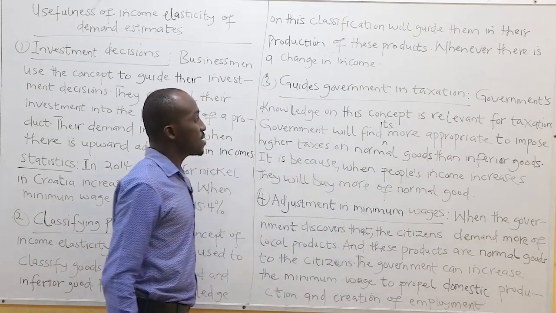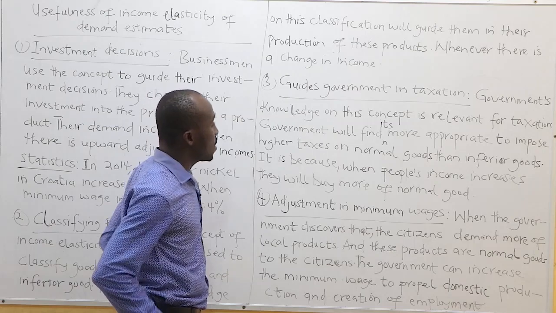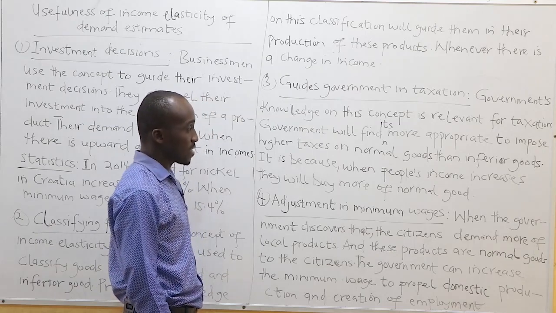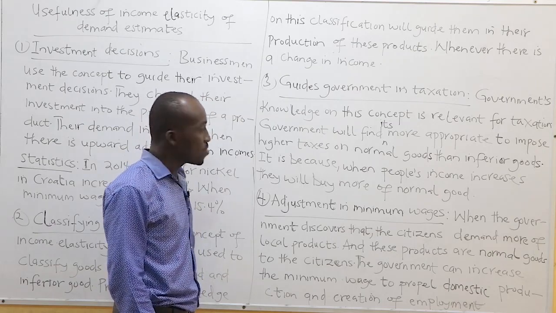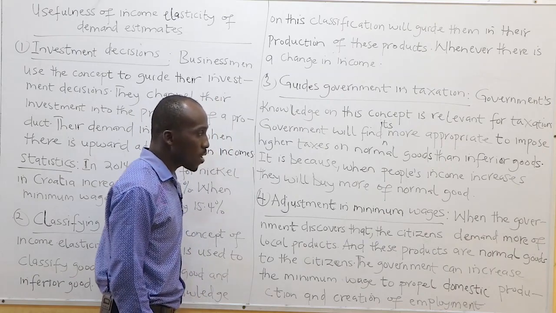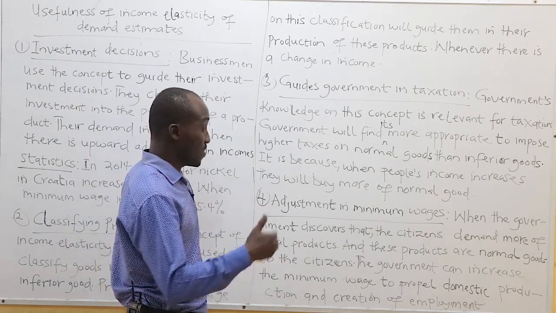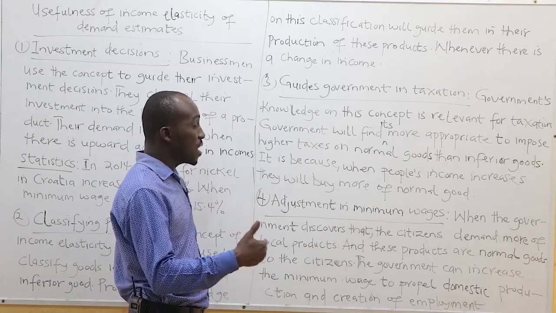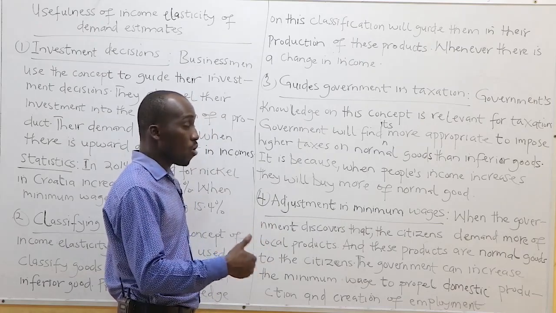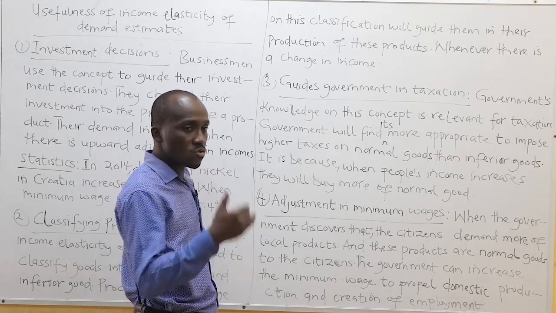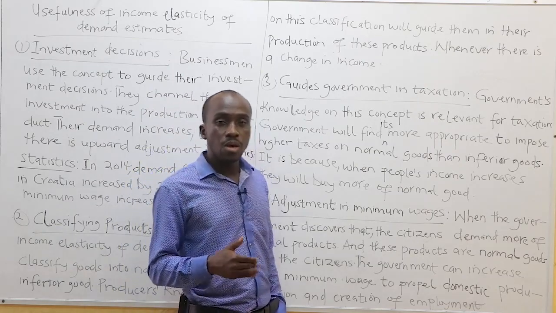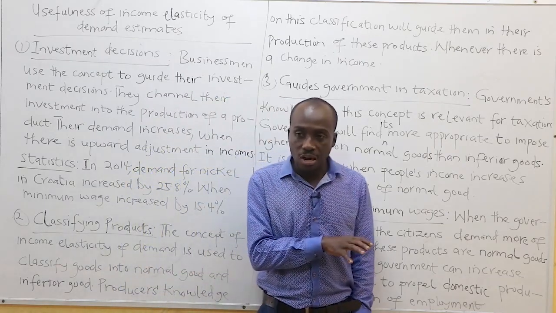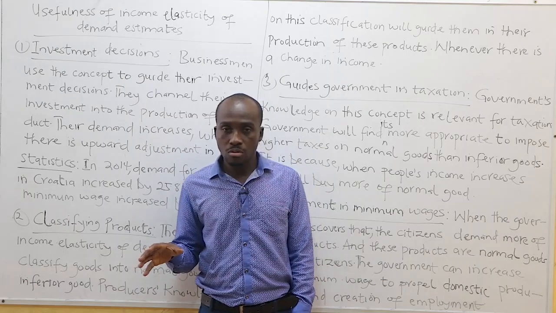Three, guys, government taxation. Knowledge of this concept is relevant for taxation. Government will find it appropriate to impose higher taxes on normal goods than inferior goods. This is because when people's income increases over the period, they buy more of a normal good. So this is very important for government. If government says, these goods are normal goods, these goods are inferior goods,